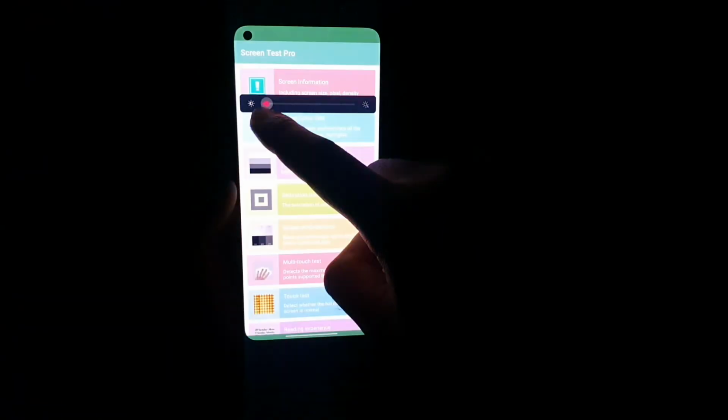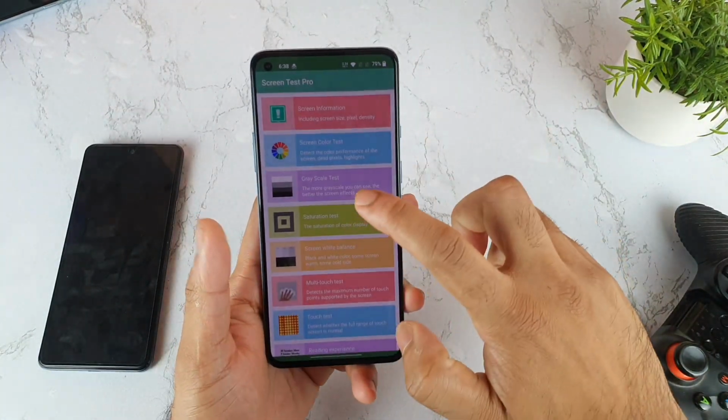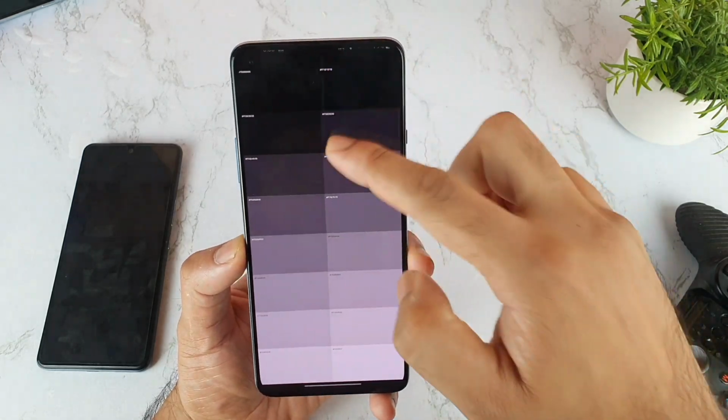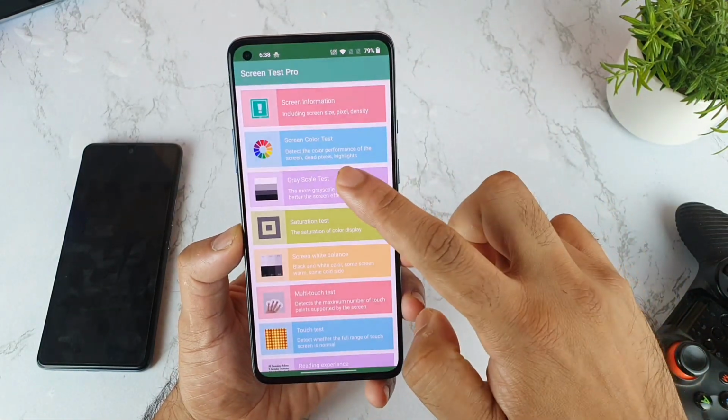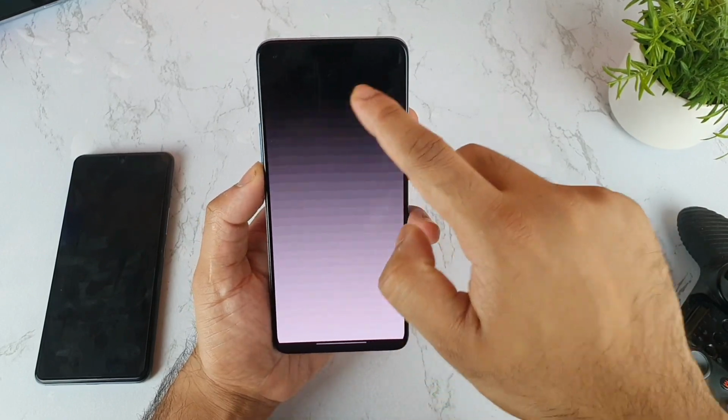Let me try to slightly decrease the brightness. I forgot to decrease it. So this is decreased brightness. Let me try to turn on the lights. I'll show you exactly what the color of that grayscale is, so you will be able to see exactly. As you can see, friends, this is the actual color, which you will be seeing at full brightness at this point. This is what the colors look like right now, as you can see clearly when the lights are on.